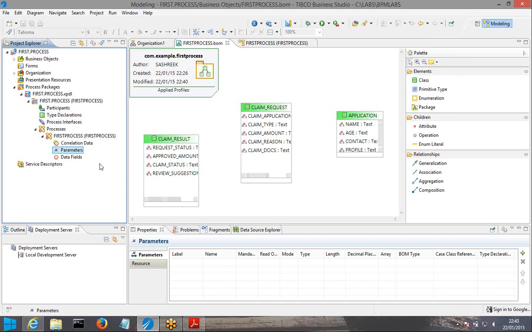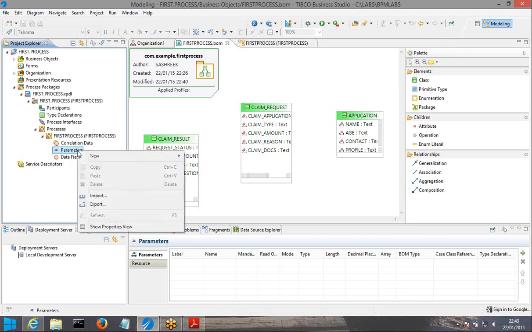I'm going to make this business process as a service so that this process can be invoked from any type of application. You can call it from BW or you can call it from .NET. So from any platform you can call this business process. So I'm going to define one input parameter. So go to parameters